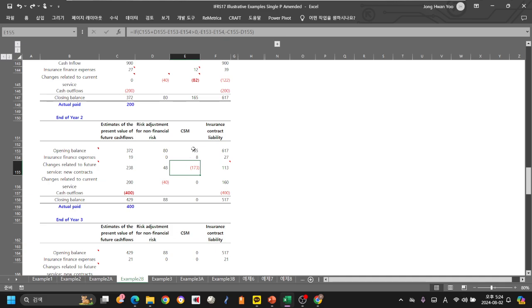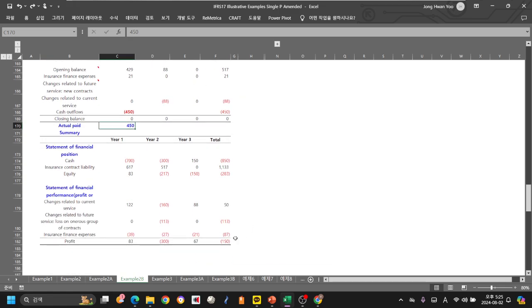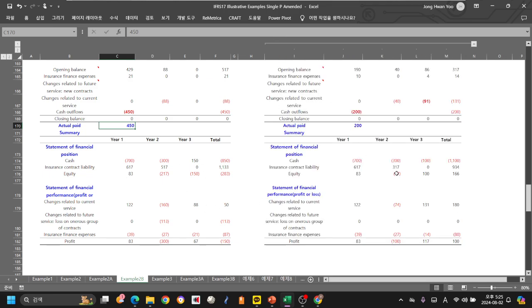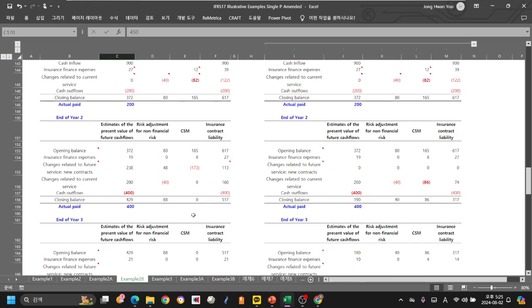So that one all eats up the CSM value, and then, later I'll show you, a loss component is set up for year two, and it's all used up. And this one is, actual paid is the same as what we have estimated. And we have this. In this case, we can also have, even though there is a second year 400 actual